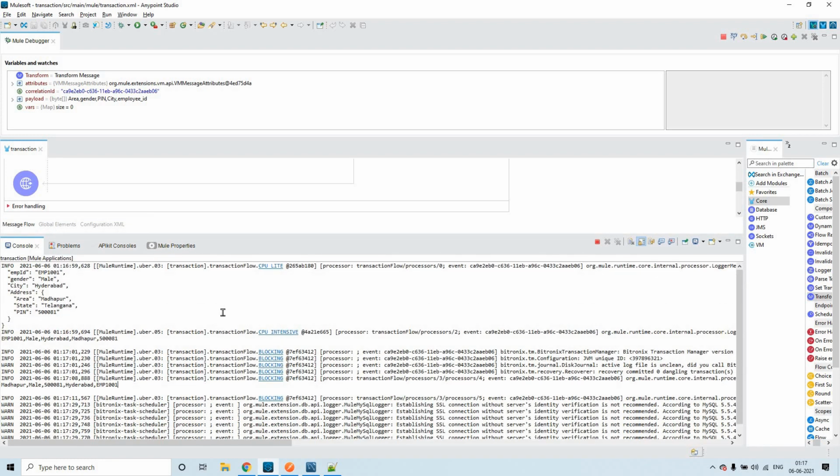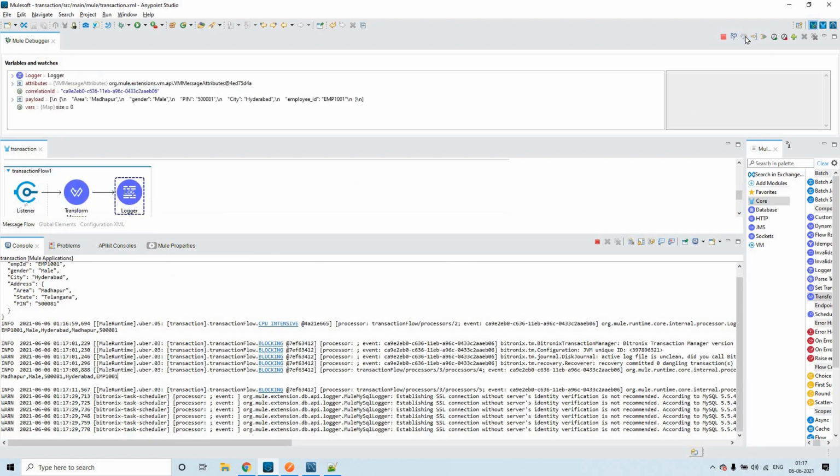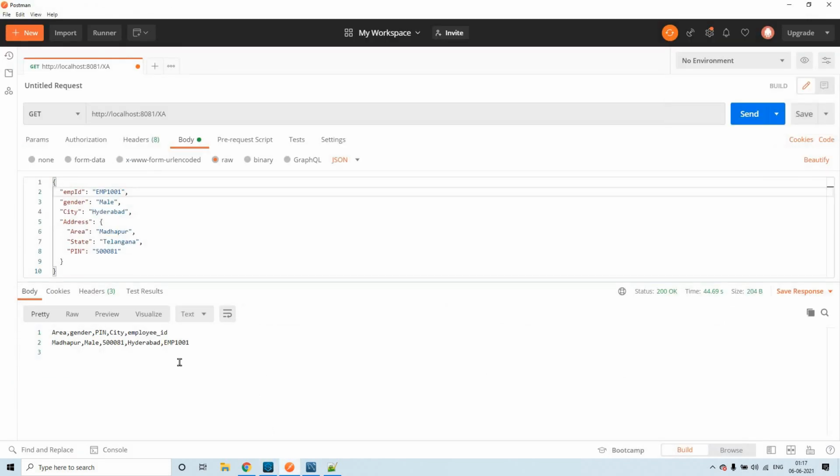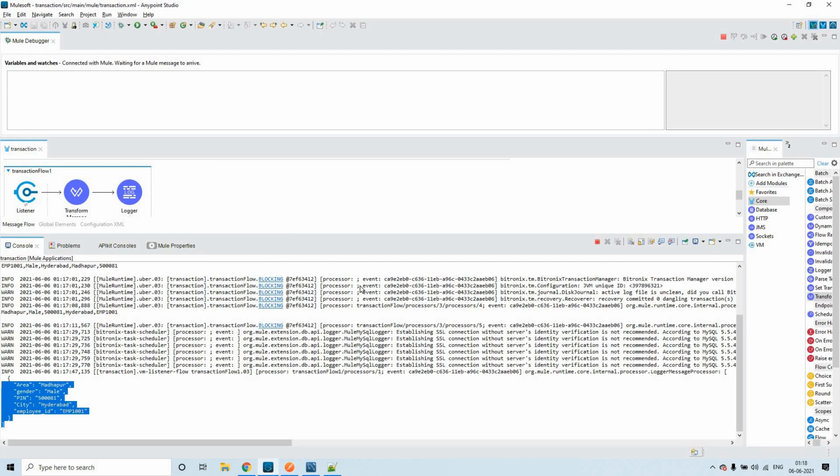Now let me click on next. Click next. You see here, we are converting it to JSON, right? So that is the reason we could see this as an output from this logger. And in the Postman response section, we'll see this only, right?